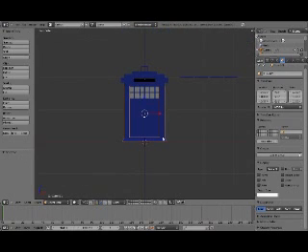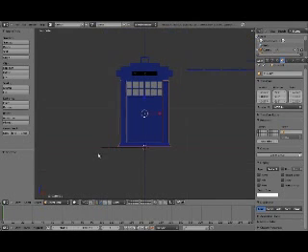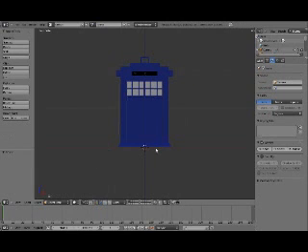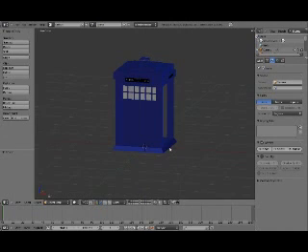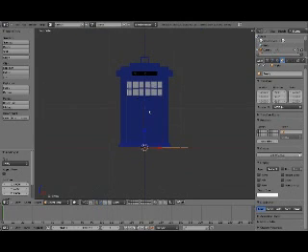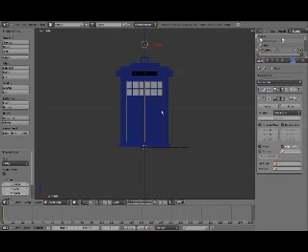I'm just moving it up so it just kind of rests on the line, doesn't have to be too perfect. But what I'm going to do now, because I think it's the empty, is delete the empty, and now I'm going to add a new one. So, making sure the cursor is in the centre of the scene, by doing Shift S, cursor to centre, and it was right. Okay, now if I do Shift A and then go down to empty, I've got it here like that. Now all I have to do is go back into this, and